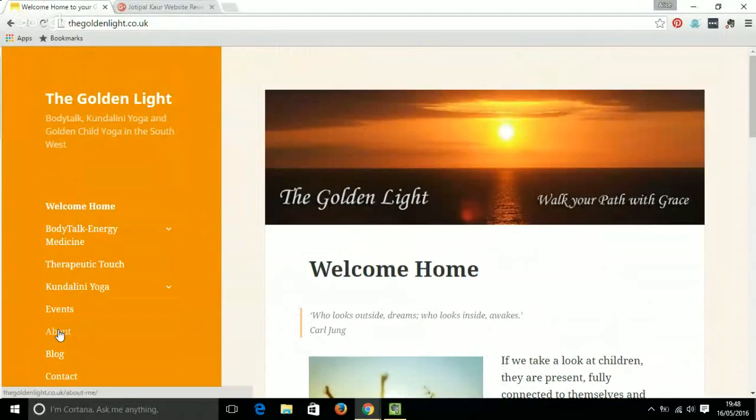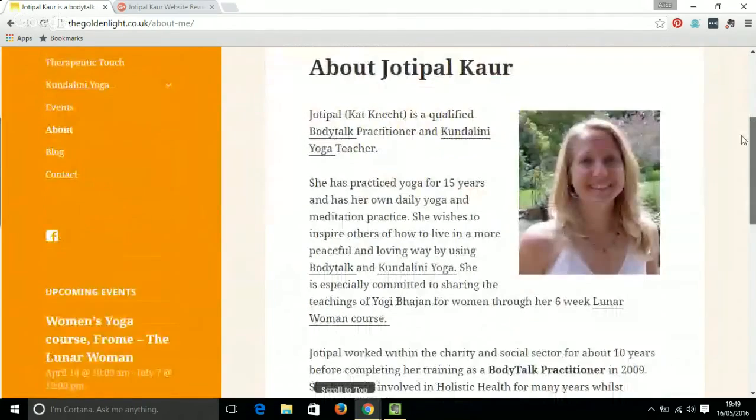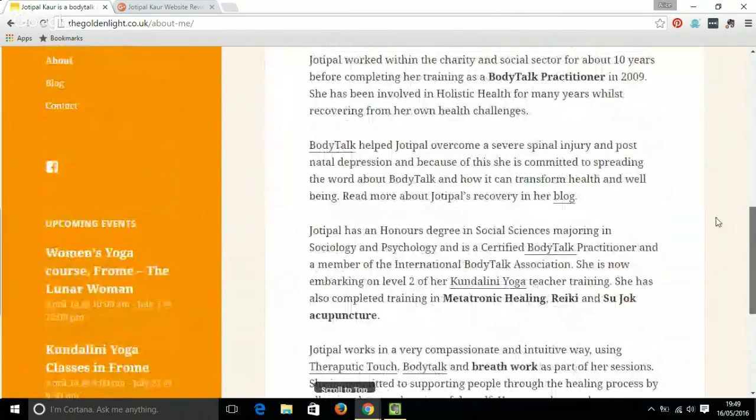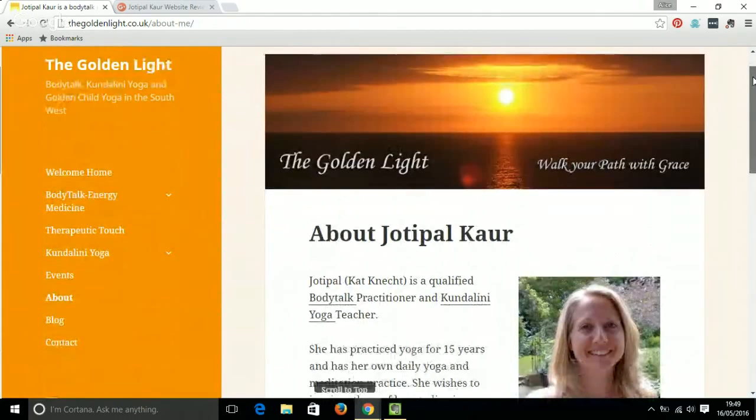Yeah, so your About page is what comes next, and your About page is kind of an extension of what you're saying on the home page. Again, rather than being a list of your life experience and your qualifications and your skills, the shift is again from this is about all the things that I do to this is about the space that I'm holding. Because if you think about your website as a space that you're holding, it becomes much more